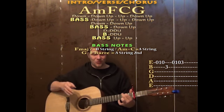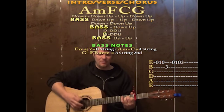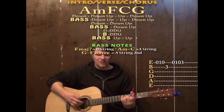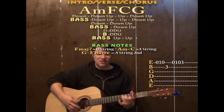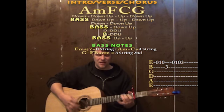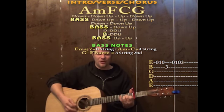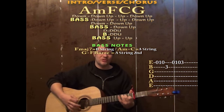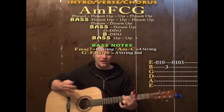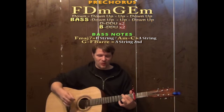Or there's this really cool feel where you could work a bass up on each chord, which you'll hear in the tune. So you could have A minor with the bass up, F, C, G. Try out these ideas and figure out how you want to play the song. And then we'll basically be repeating that until we get to our pre-chorus part